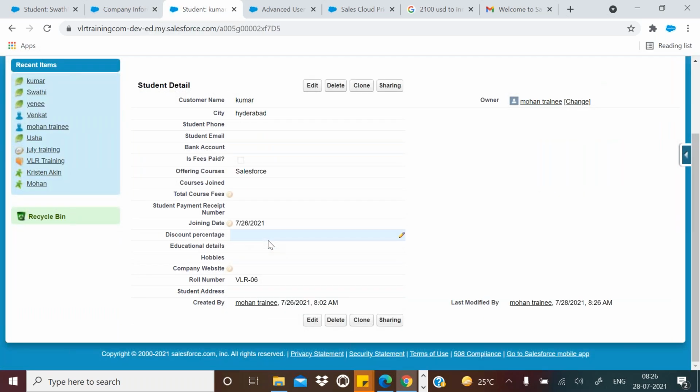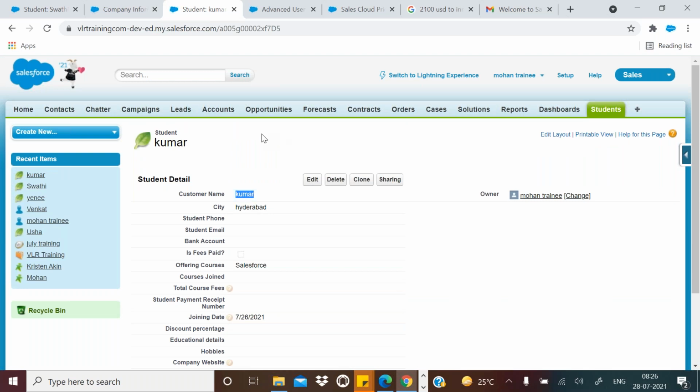This record was deleted by Venkat and Mohan undeleted it. It totally does not depend on the users. Remember again, if one user is able to do anything, the other user is also able to do it. It's based on the licenses only. These both users have a Salesforce license, which means both users can do the same kind of work. Anything can be done by both users because the license type is Salesforce license.